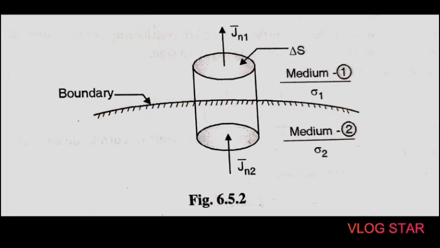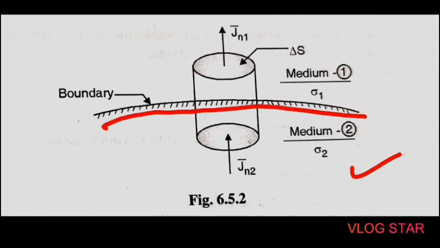Okay, so here the boundary between two conductors can be shown in this figure. So this is again the Gaussian surface. This is medium 1 and this is medium 2. Medium 1 is a conductor and medium 2 is a conductor again, and this is the boundary between two conductors. Okay, so consider that first the conductivity of medium 1 is sigma 1. This is denoted by the sigma value, and medium 2 has conductivity sigma 2. Okay, so for the calculation purpose we will consider this cylindrical surface which has del S.